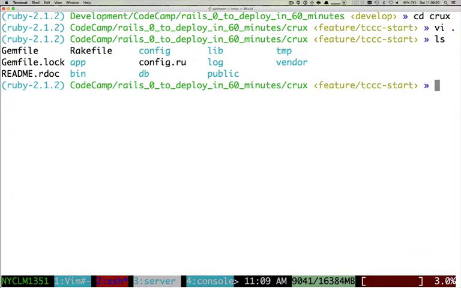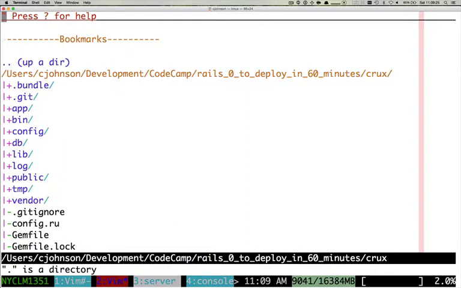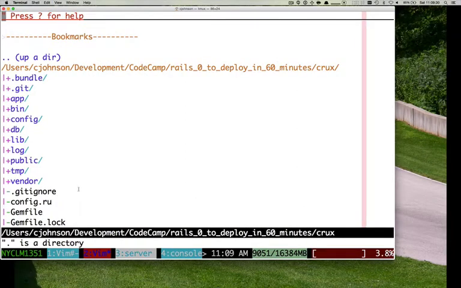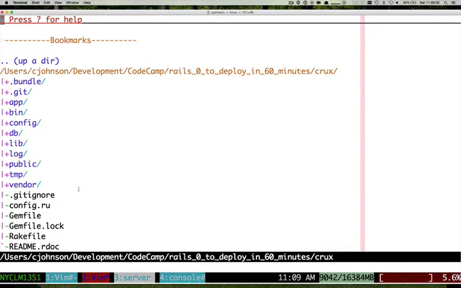We got, let me do it this way. It looks so much nicer in the other view. Is that still readable for y'all? Okay. So it creates an app folder, which stores the majority of your application code. A config folder, because we all love to configure our applications and set them and tweak them, adjust them. And a database folder, the DB, which keeps track of your changes to your database as far as the schema